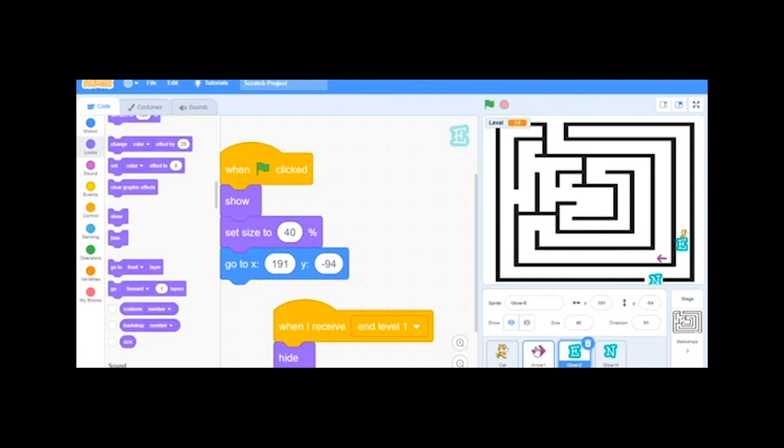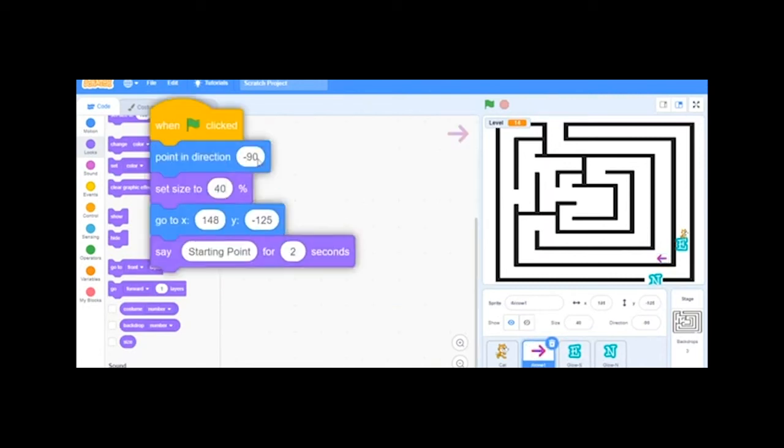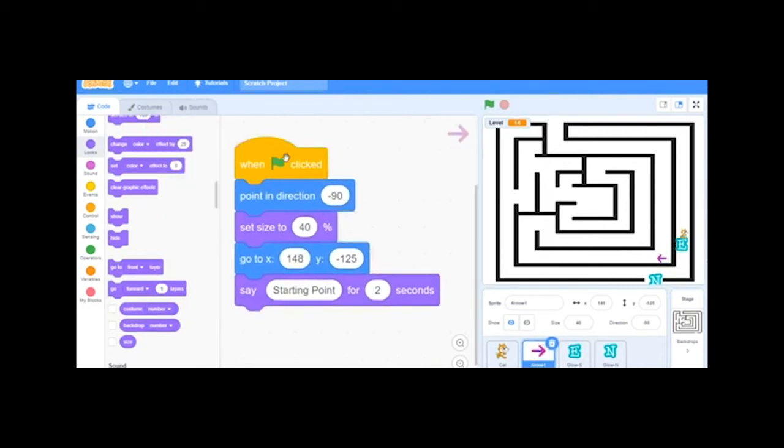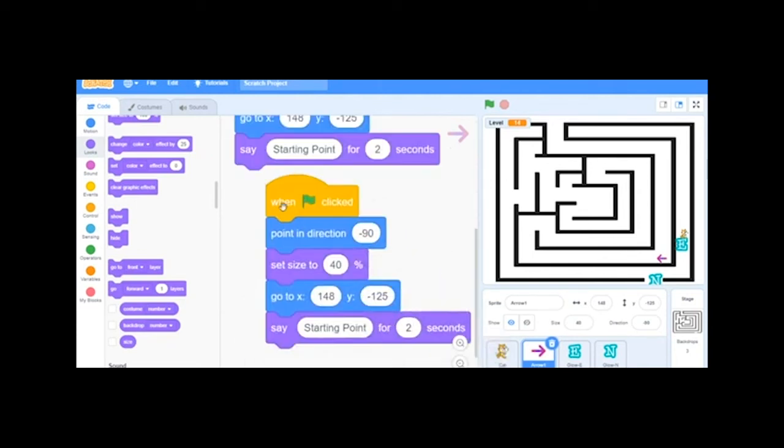So that's how we want it. Then for our arrow, we want the arrow to be able to go up here. So I'm going to duplicate this code. Right click on the code and then duplicate it so that we have 2 of them. But this time I want the arrow to be up here,